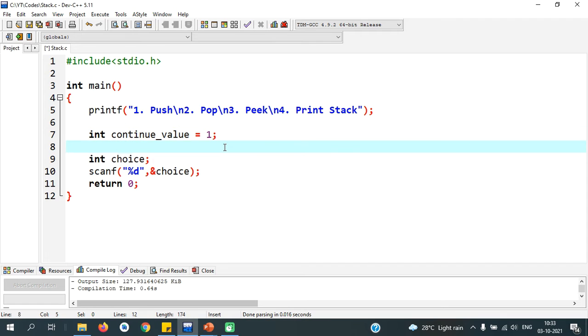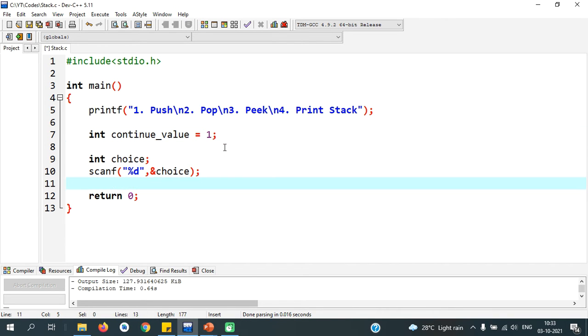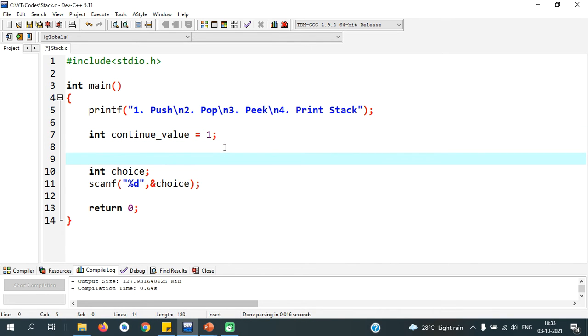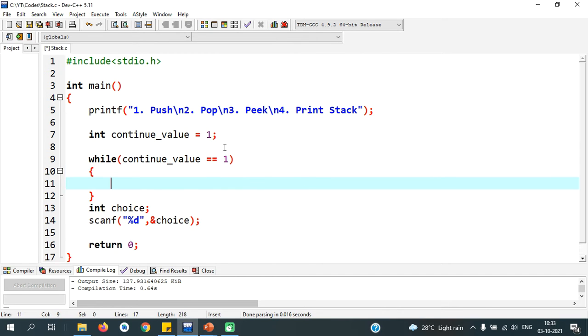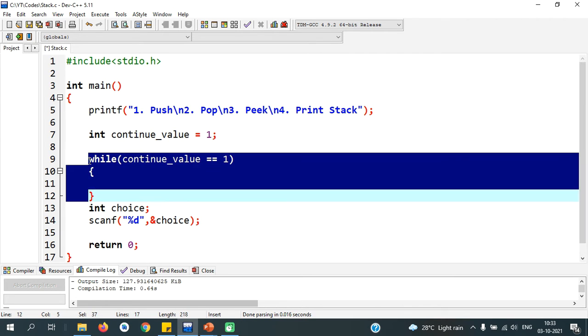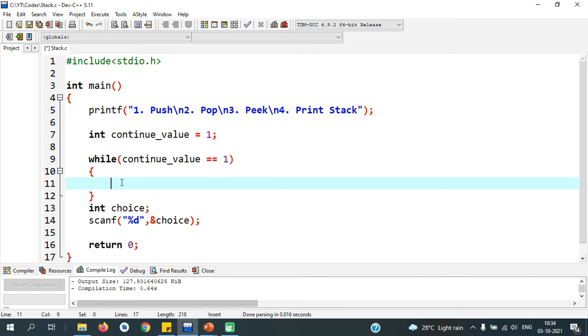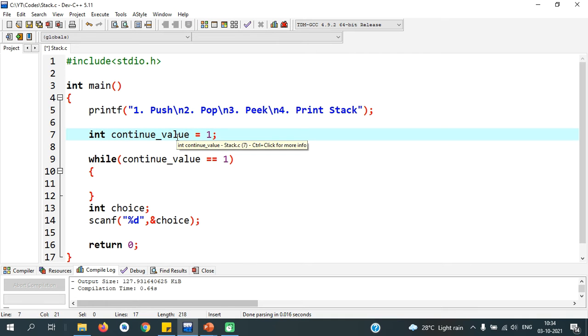Before that, we need another variable named continue value. I will tell why this is needed. While continue value equal to 1. This loop is going to keep executing until the continue value becomes 0 or is not equal to 1. Initially we will have the continue value as 1, then